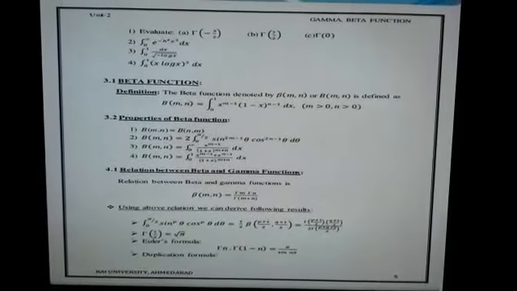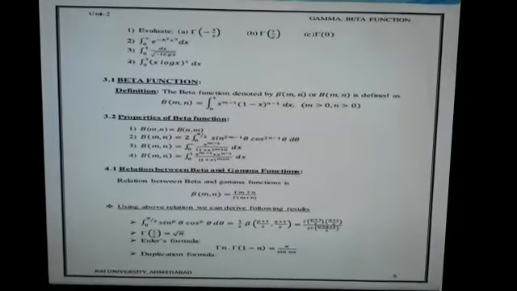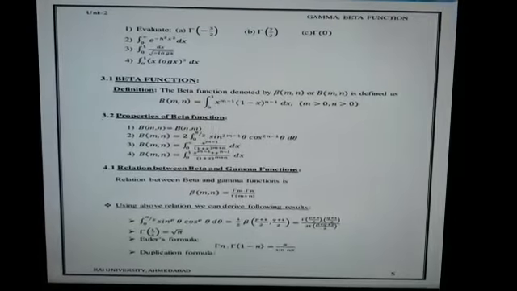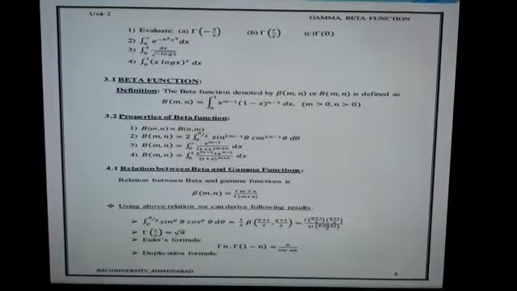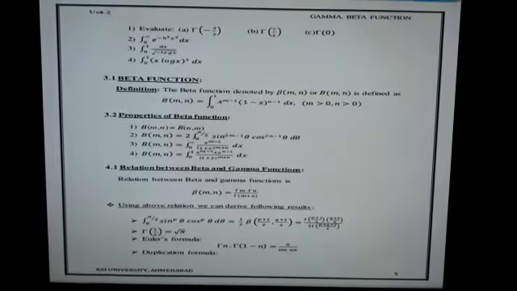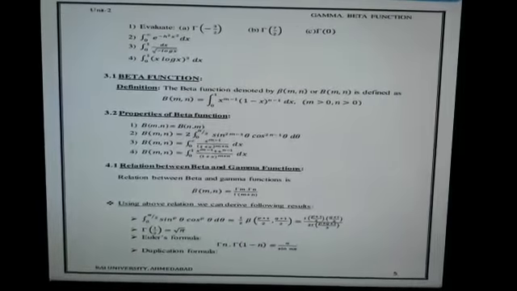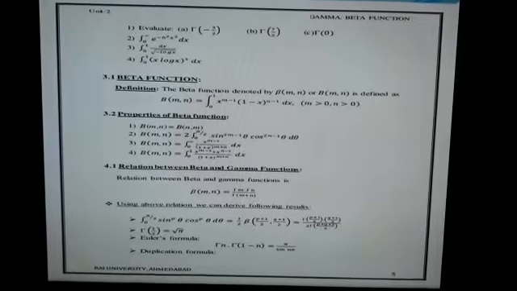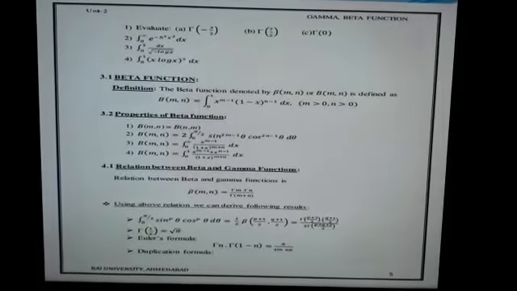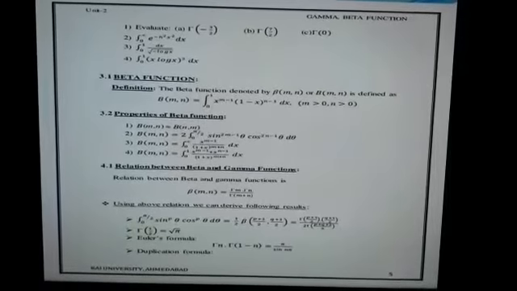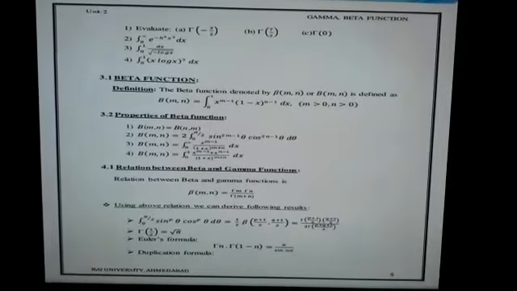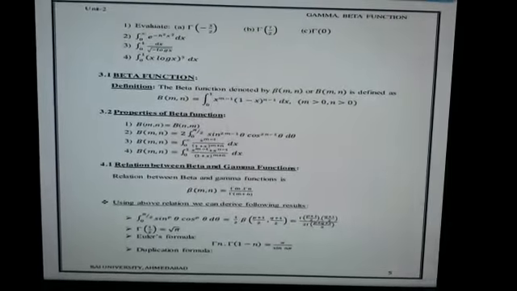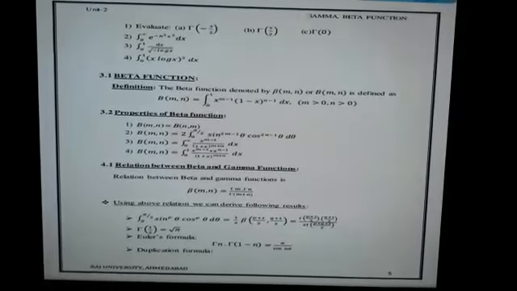Most important things the relation between beta and gamma functions. So relation between beta and gamma functions here, beta m n is equal to gamma m into gamma n upon gamma m plus n. So we can say above relation we can derive another formulas such that like this gamma 1 by 2 root pi, Euler formula gamma n gamma 1 minus n is equal to pi upon sin n pi, and